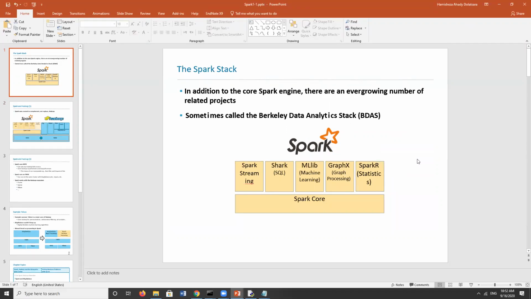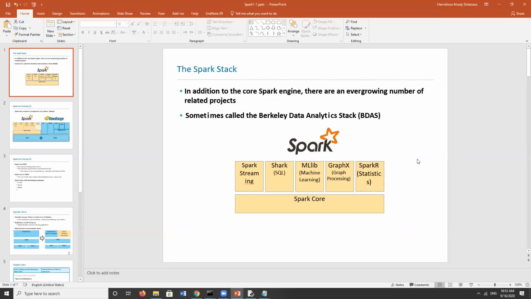So these are the most famous tools or packages developed for Spark. As you see, over Spark core, we have Spark Streaming for analyzing streams of data. We have Shark, which is for SQL programming, so you can use Pig or work with the Shark SQL here. MLlib is the machine learning library, and your project would probably be done mostly using MLlib. Then Graphics, and even you might have,